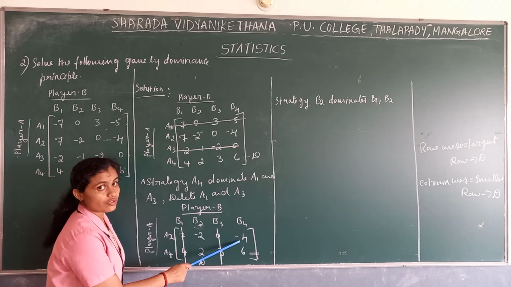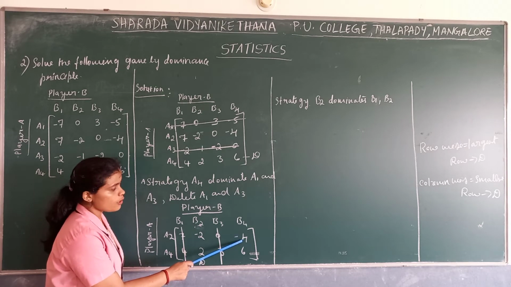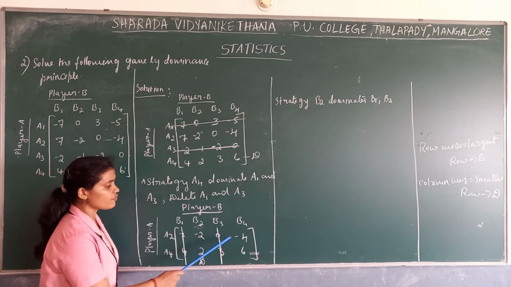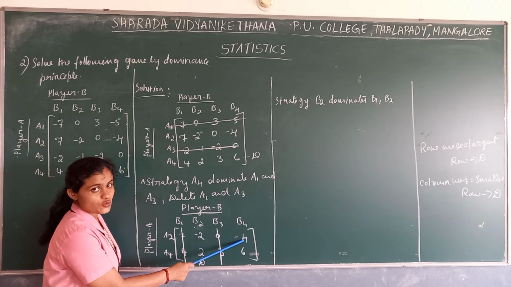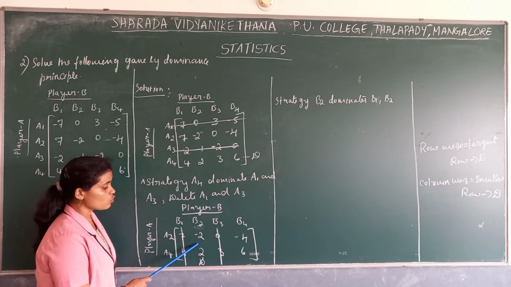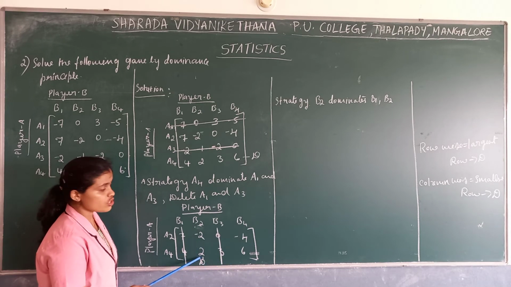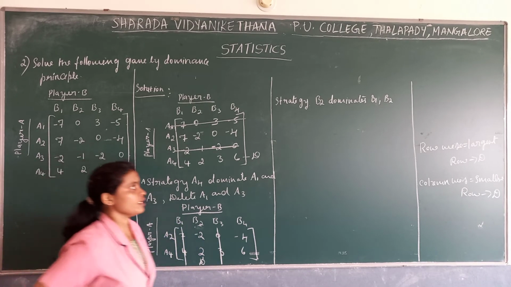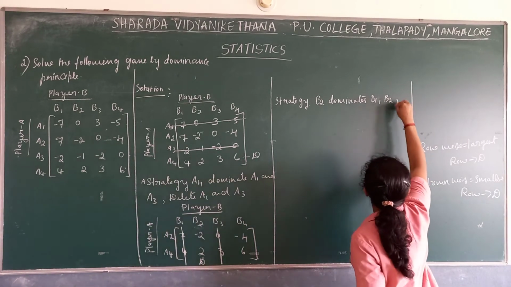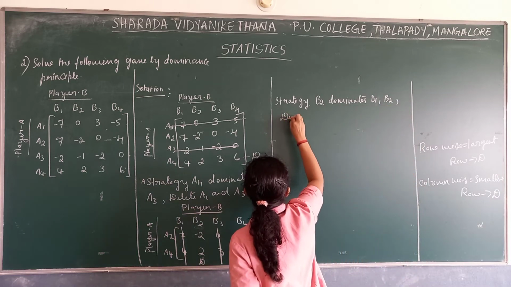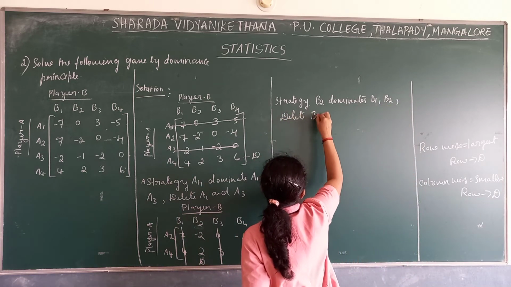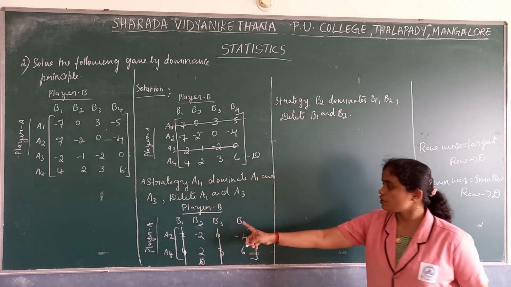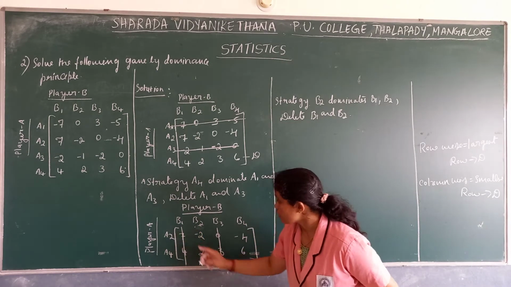We'll check once again whether it dominates the other one also, which is remaining. -2 and -4, which is smaller? -4 is smaller. And 6 and 2, here 2 is smaller. However, we cannot delete because -4 is smaller than -2. So it cannot dominate this one. It dominates B3 and B1. So delete B1 and B3.